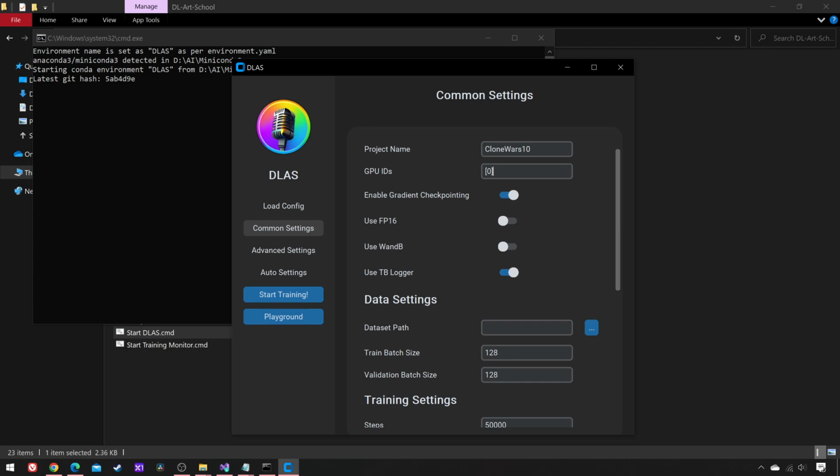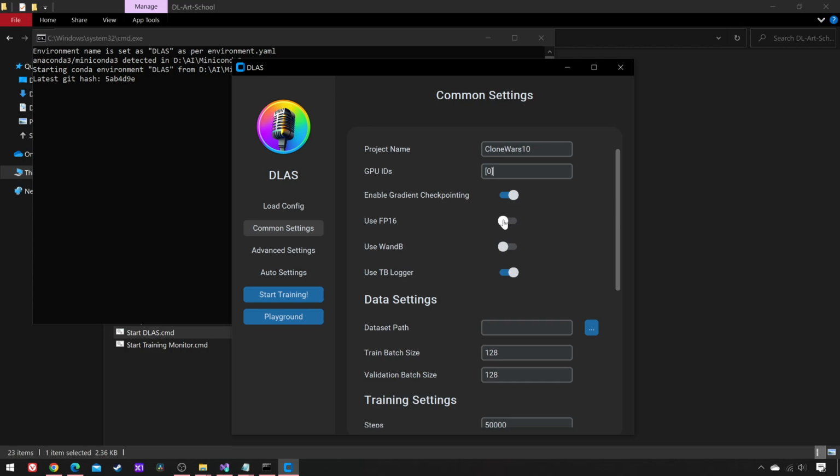If you own multiple graphics cards, select the one you wish to use. Enable gradient checkpointing. Keep this enabled to save model checkpoints during training, i.e. to freeze consecutive learning stages. Moreover, it also greatly reduces VRAM usage. Half precision floating point. According to the repo author, it slows down performance instead of speeding it up, so leave